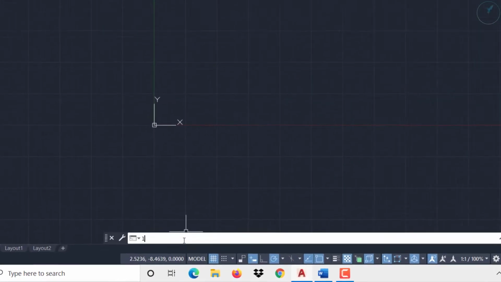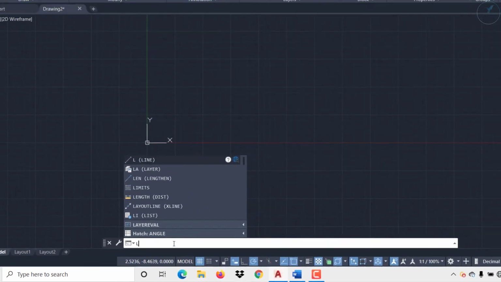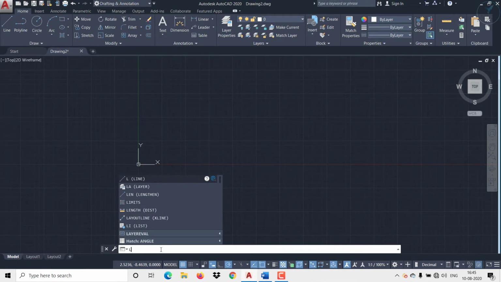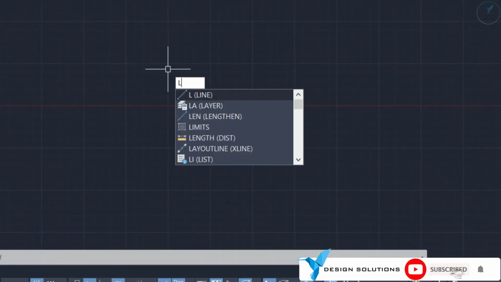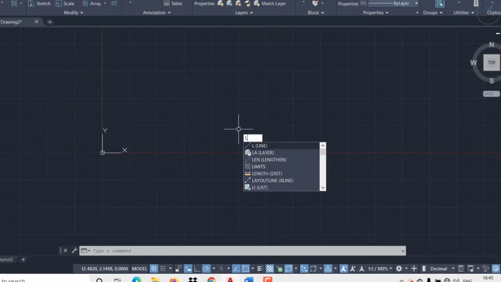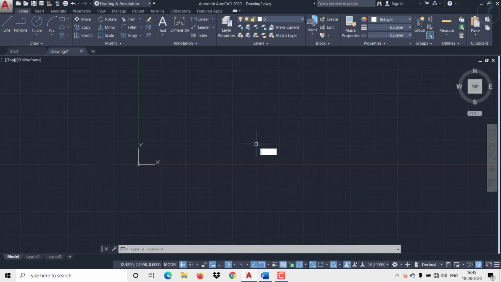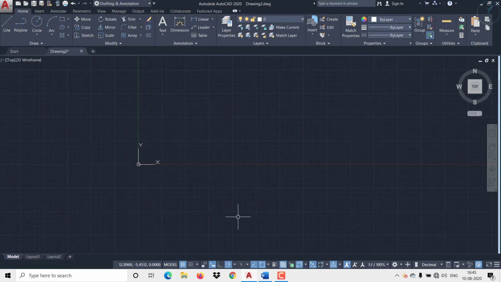If you type over here, suppose I'm just typing L, automatically it lists the commands starting with L. Like that you can type over here also, or you can type anywhere, automatically the command will get created. It will show up, then you can use it for your purpose.